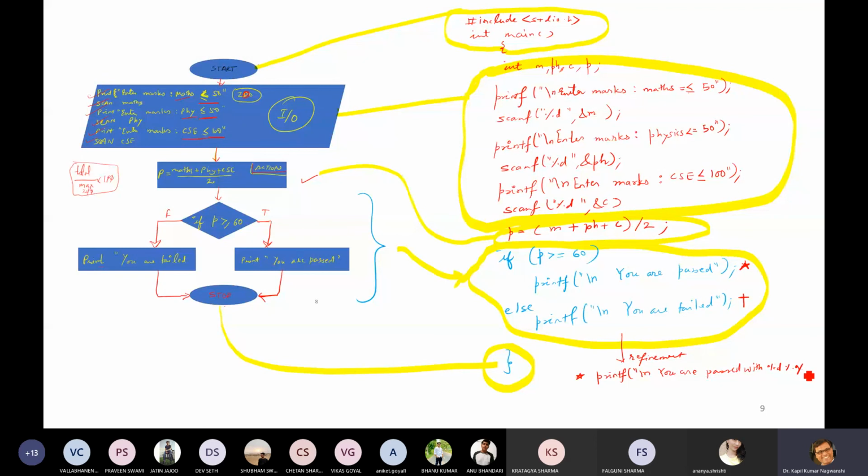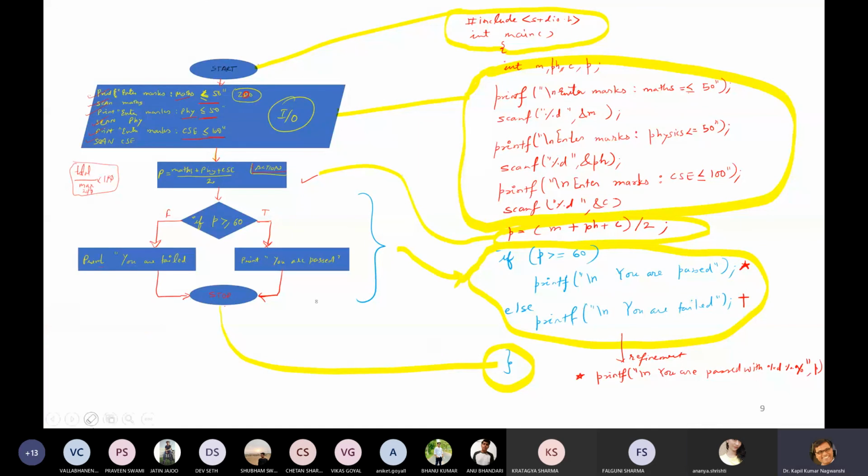Okay. Why two times percent? Because it is not able to print a single percent. Then comma, then you need to write p, or you can write p here only. Okay. So this is one statement.